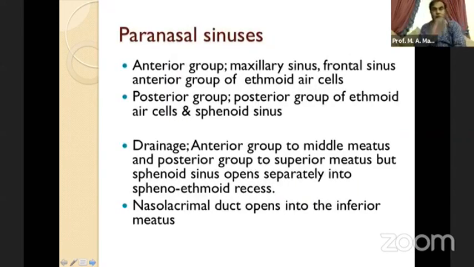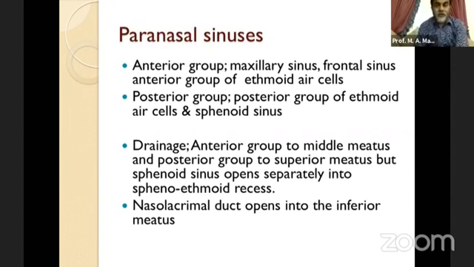So the anterior group of paranasal sinuses are maxillary, frontal, and anterior group of ethmoid air cells, and the posterior group of ethmoid air cells and sphenoid sinus. Now, how do they drain? In general sense, very simple to remember that the anterior group drains into middle meatus, and the posterior group drain